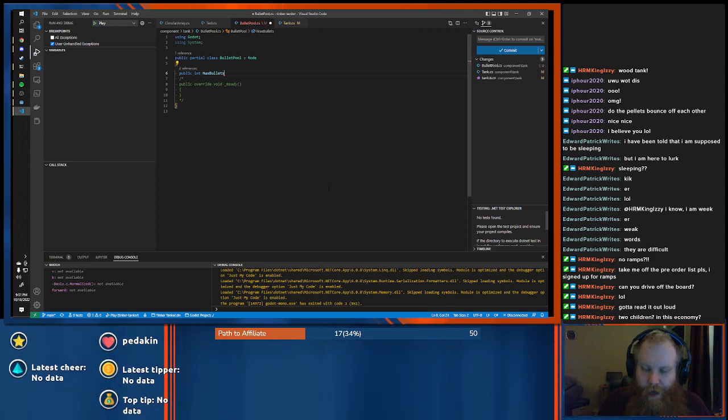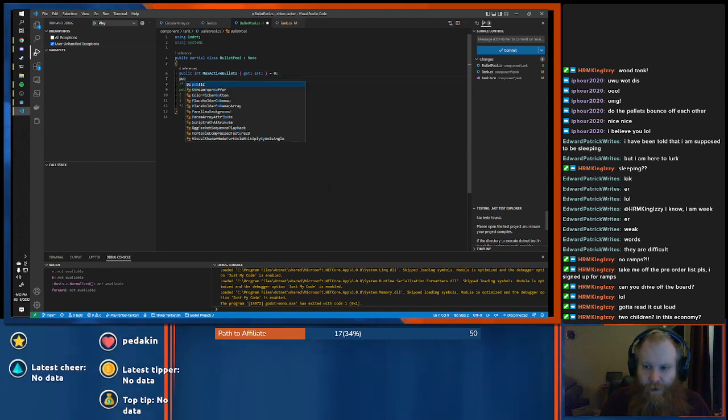It needs to know max bullets, which is basically going to be max active bullets. And we'll make this a property. We need to know max queued bullets.